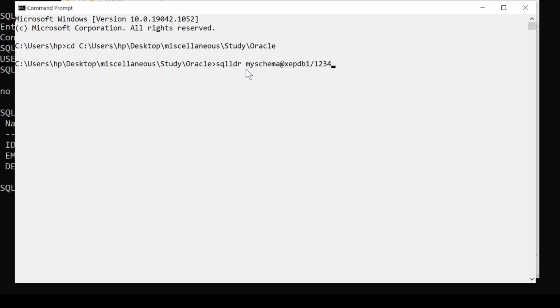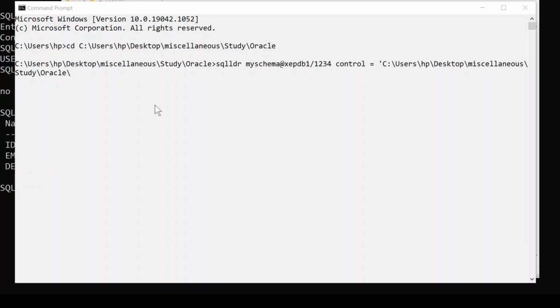I am using this user and the password is there. Then I will give the control keyword, then equal to, then the path of that particular file, then the name of the control file. We are giving the information about the control file.